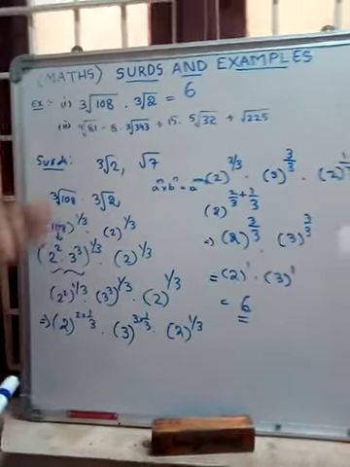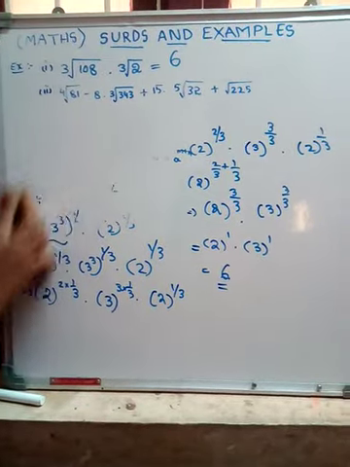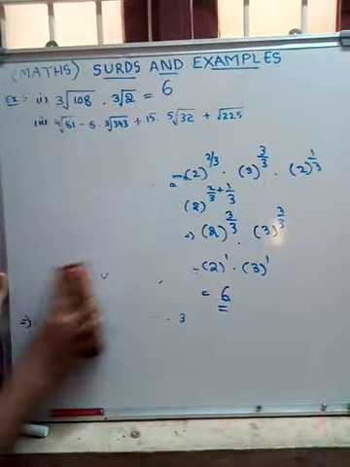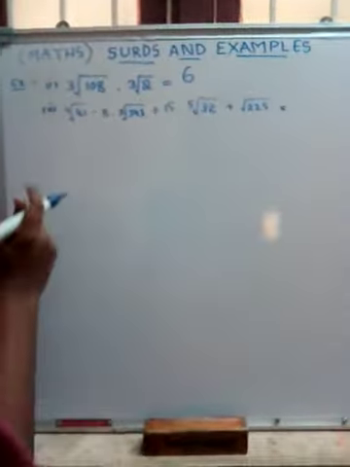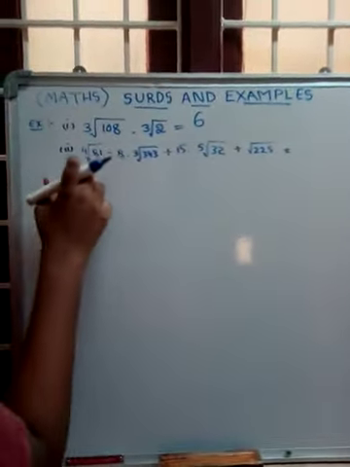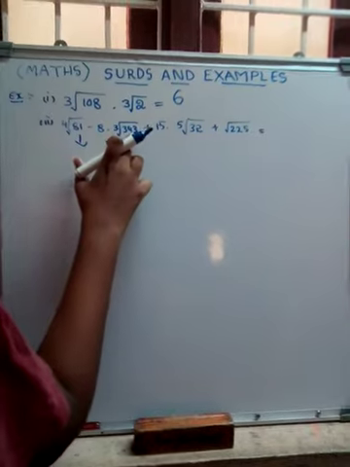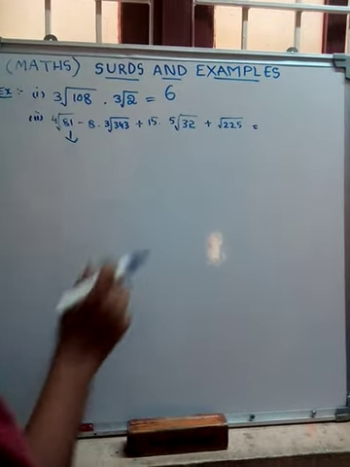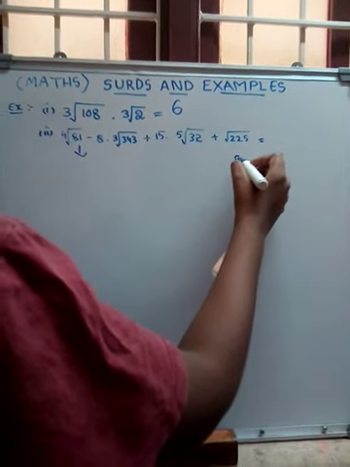Now let us see the second one. Second one solution we'll see now. The above sum has a cube root; now it has a 4th root. So we have to express 81 in powers of 4, 343 in powers of 3, and 32 in powers of 5. Here any symbol is not there; if it is not there, it is considered as a square root of 2.